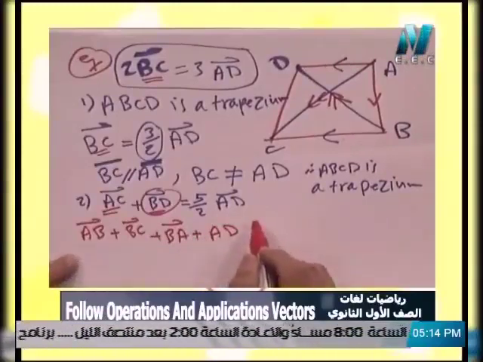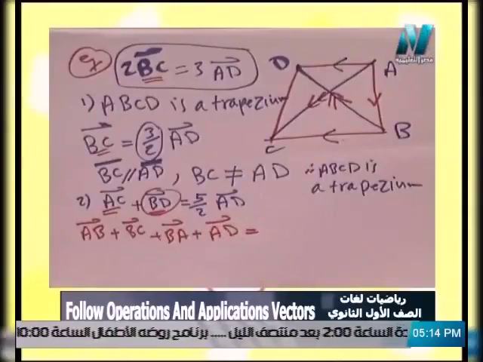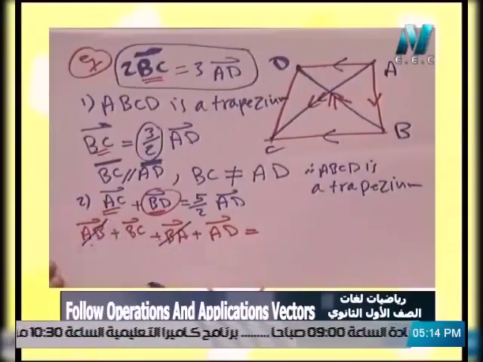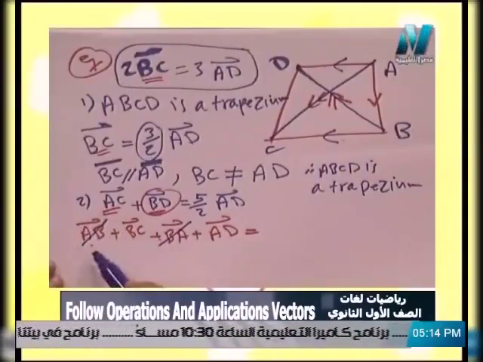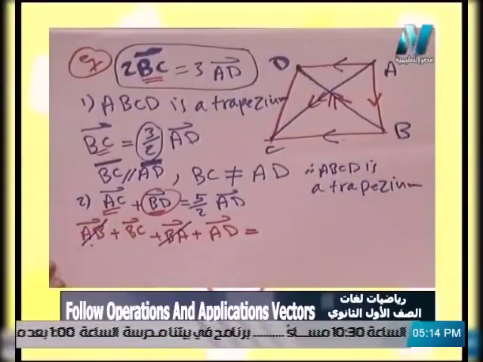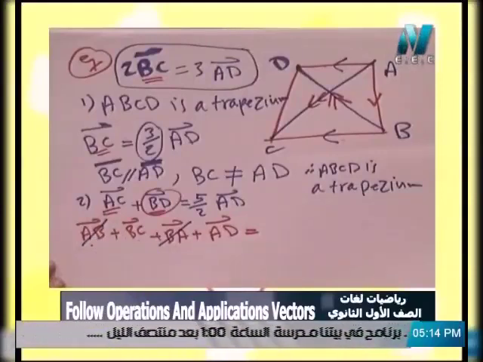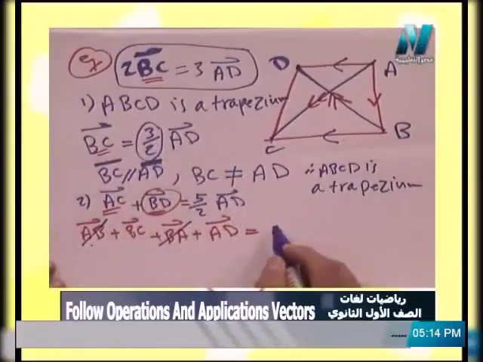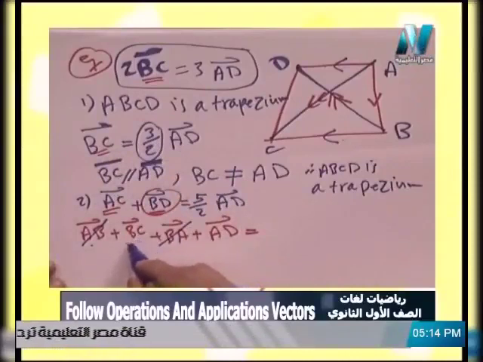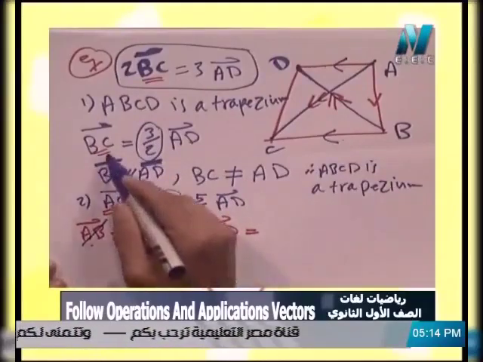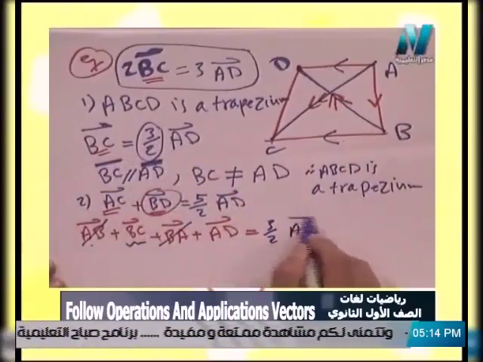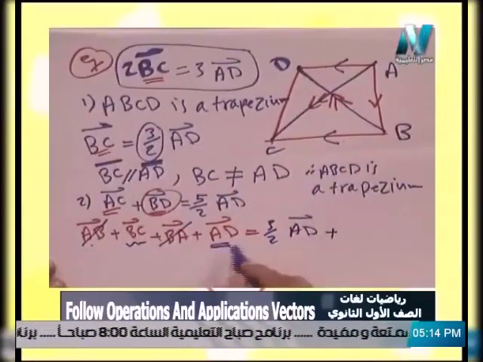Okay? We have here the vector AB and vector BA, their sum equals 0 because they are opposite vectors and equal in magnitude. We have also the vector BC, and we know BC equals 3 over 2 the vector AD. So we can replace the vector BC here by the number 3 over 2 AD plus AD itself,